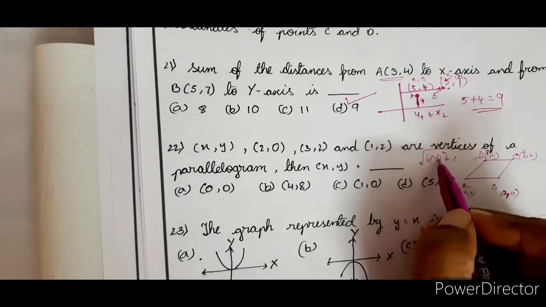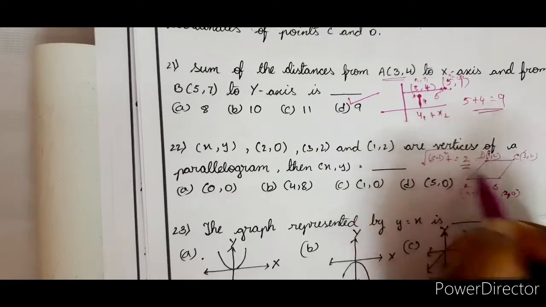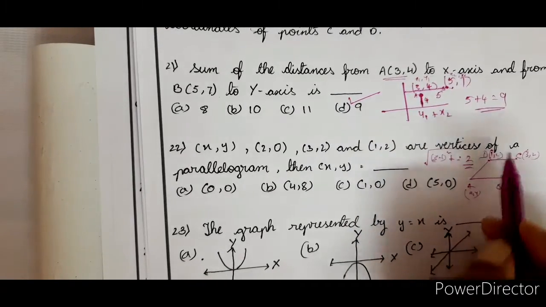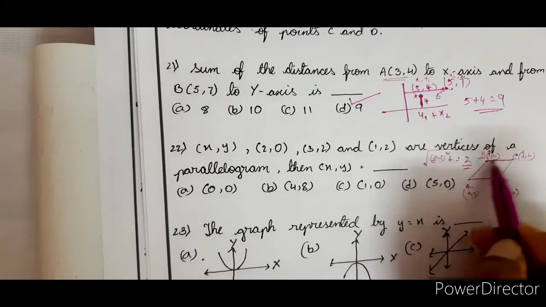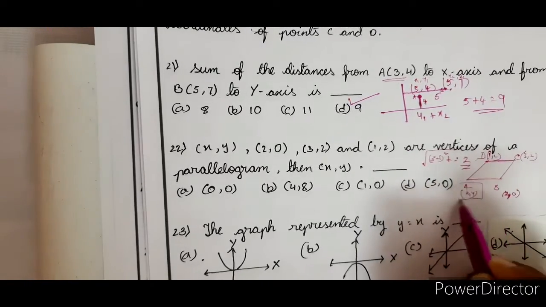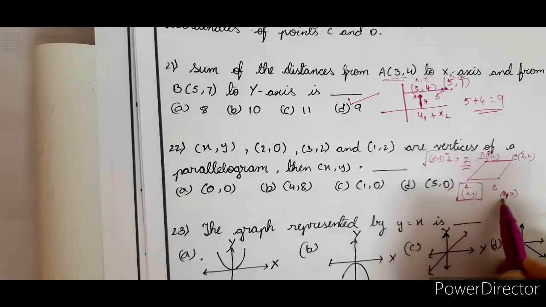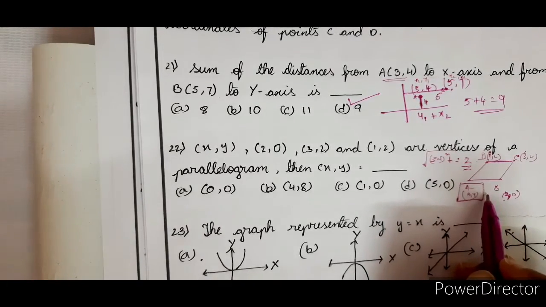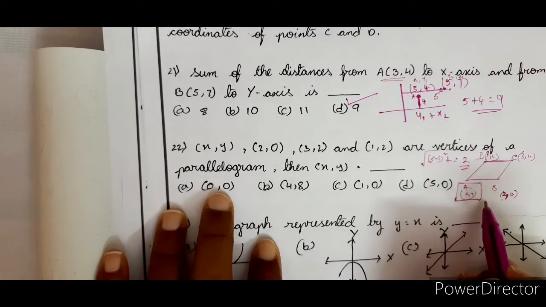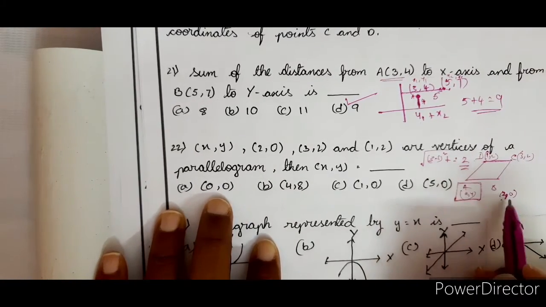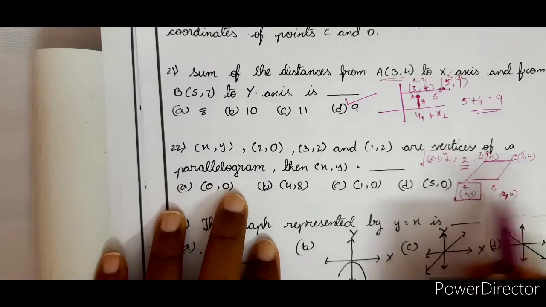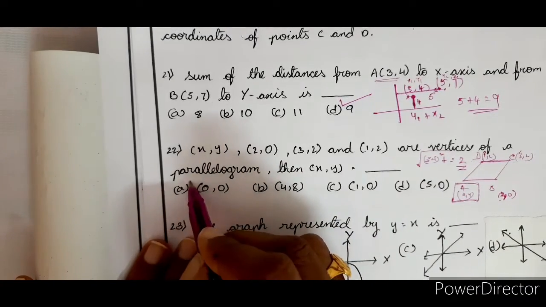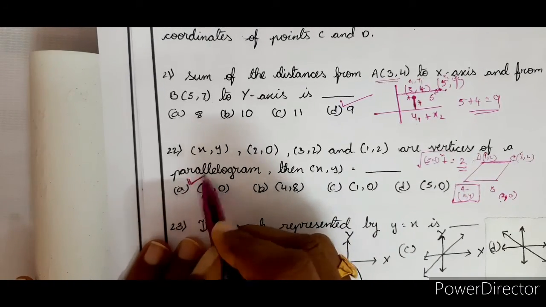So 3 minus 1 is 2, squared, under root is 2. So here, what is the DC value? 2. So for which particular value of x, y will you get the value to be 2 only, right? Now look here. If I take 0, 0, then 2 minus 0 is 2 squared, 0 minus 0 is 0. So this is possible. This is the answer.